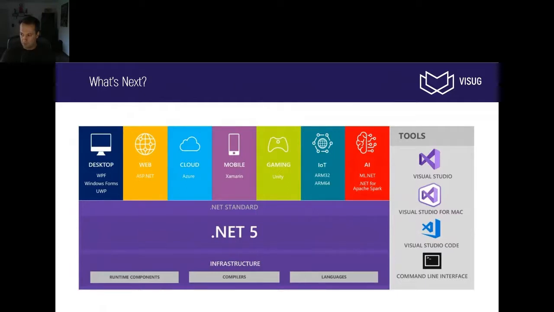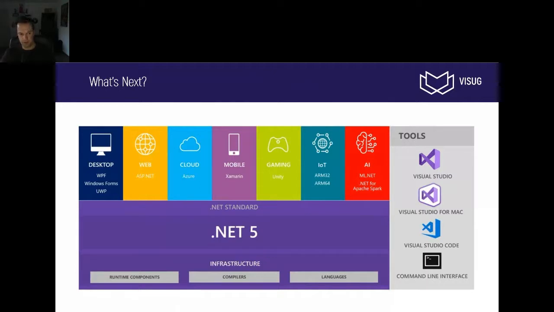So from .NET 5 on, this will be the only flavor of .NET that's out there. 4.8 is the final release of the full framework. .NET Core 3.1 that we're on now is the final release of .NET Core, and .NET Core will evolve into .NET 5 to keep things simple. So only one .NET, single runtime, and there are two drop-in replacements. Depending on the platform that you compile for, you're either running on the CoreCLR or on Mono.